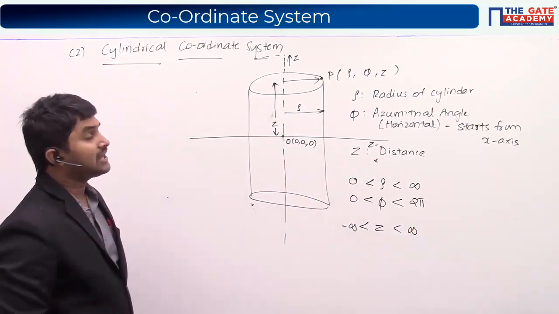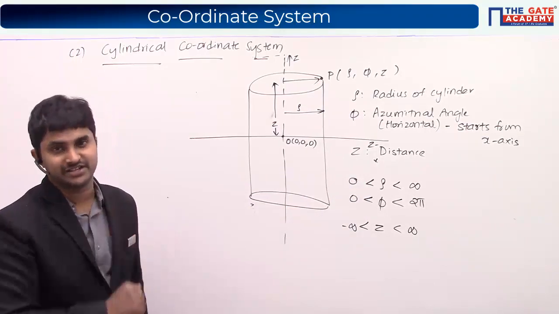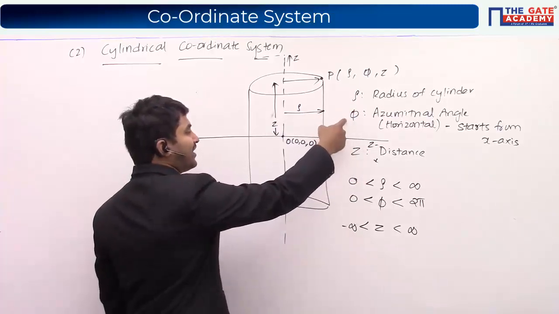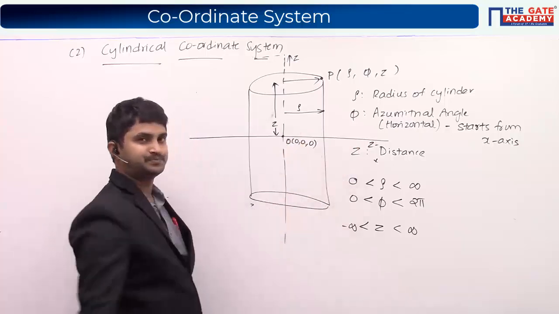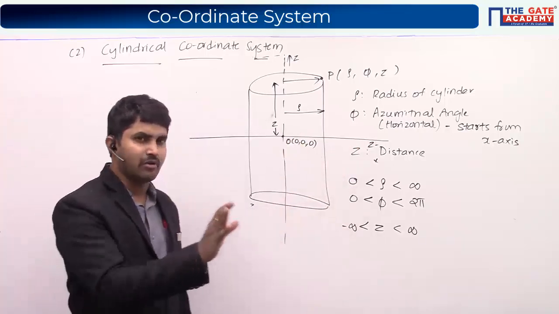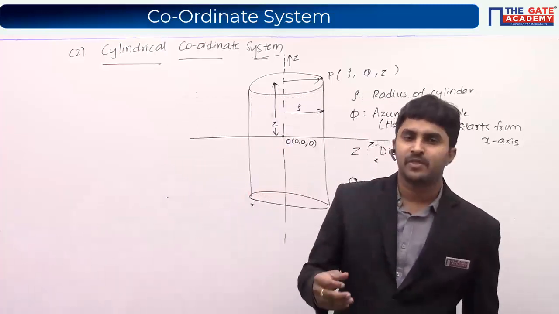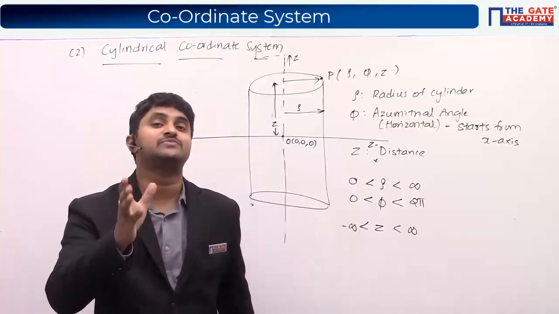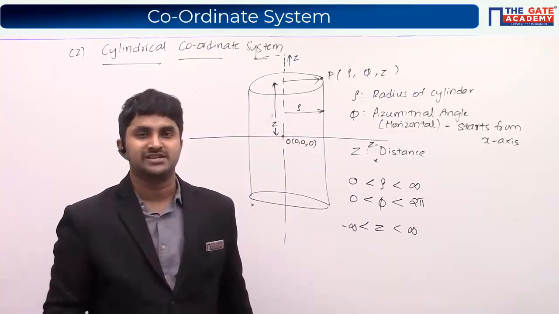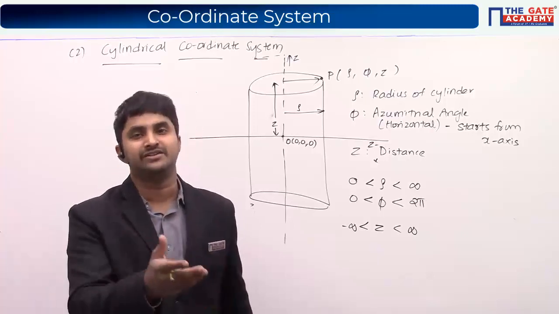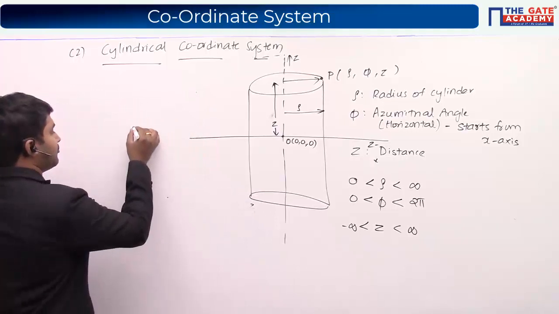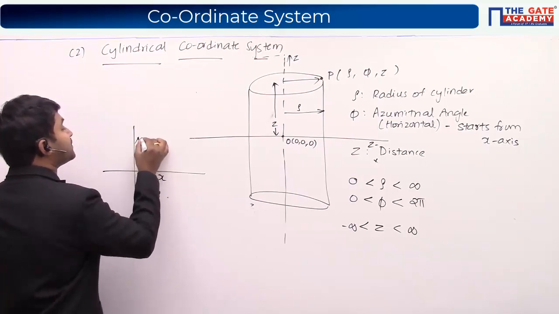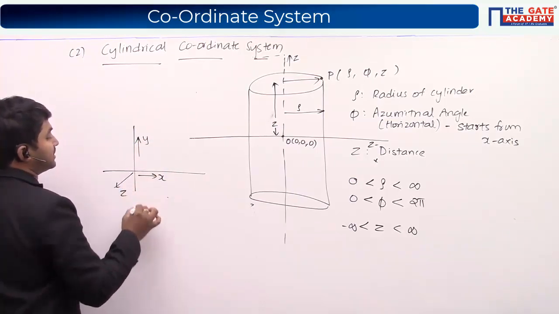Now the next one is the direction, the unit vectors. Okay, so how do we define the unit vector for radius? How do we define the unit vector for phi? And how do we define the unit vector for z? If you remember, in the case of the Cartesian coordinate system, the direction in which x varies maximum is what we have called the direction of x. The direction in which y varies maximum is the y direction. The direction in which z varies maximum is the z direction.